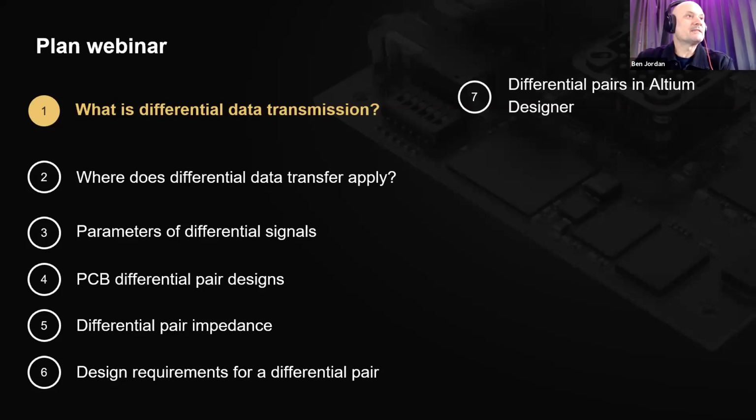Then we're going to talk about how we set this up in PCB design for differential pair. What are some of the things you need to consider when setting this up? We'll talk about differential impedance and design requirements for a differential pair. And then of course, finish up with the demo of the software, how we set this up and actually do